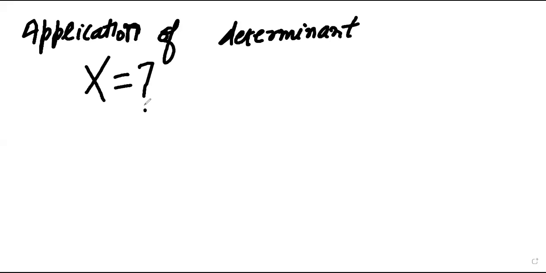That is an application of matrices and determinants: how to find out the unknown values. If you are having unknown values of x and y in the system of equations, then easily we can find them. This we have learned